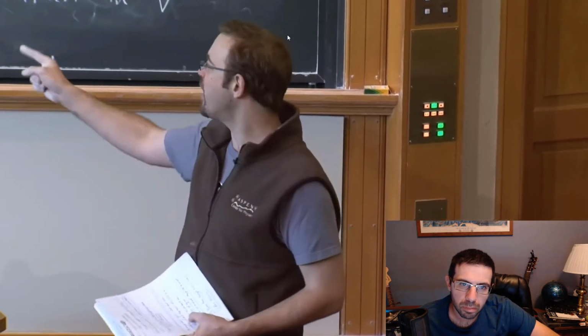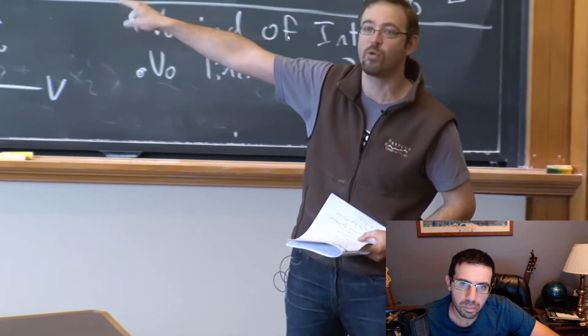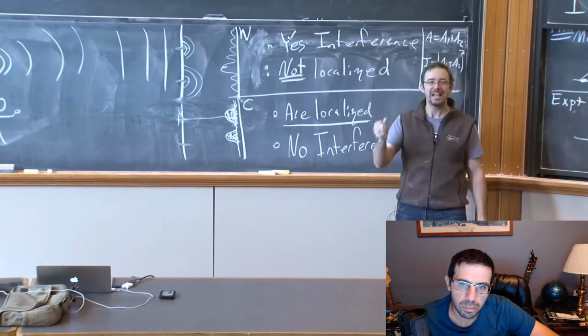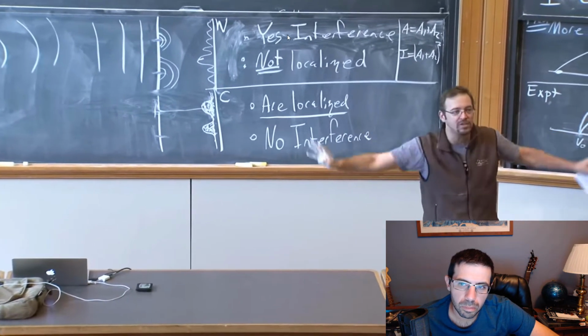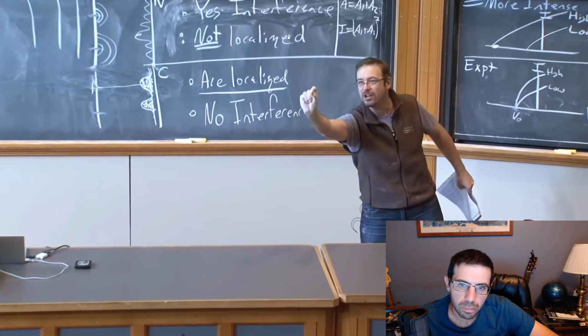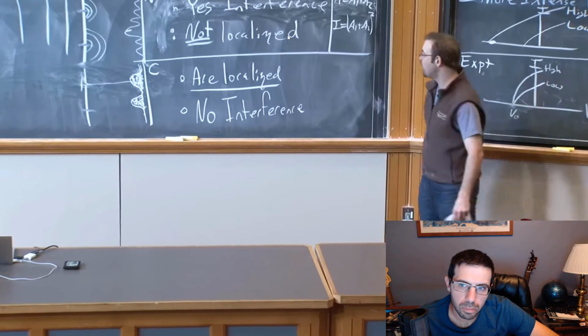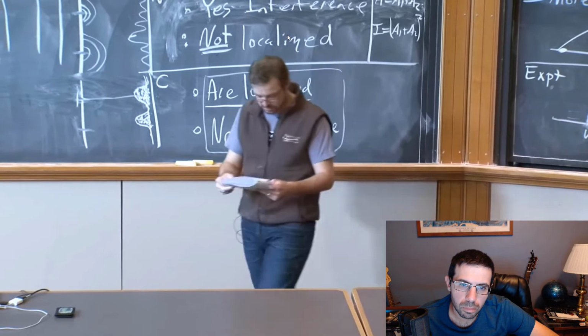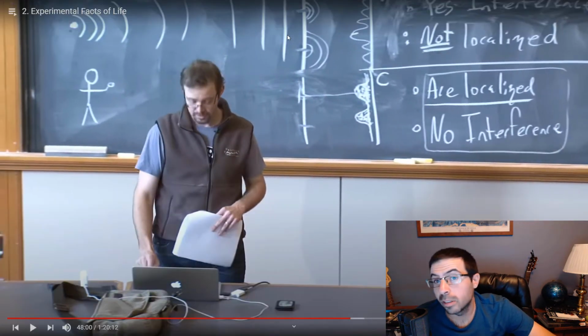But here's a crucial thing. Before doing anything else, we can just think, which one of these two is more likely to describe electrons well? Well, electrons are localized. When you throw an electron at a CRT, it does not hit the whole CRT with a wavy distribution. When you take a single electron and throw it at a CRT, it goes ping, and there's a little glowing spot. Electrons are localized. And we know that localized things don't lead to interference. Right? Unless the gravitational lenses, they pass through the slit, and then in which case they would produce a cumulative wave, and we would see an interference pattern even though they're localized.